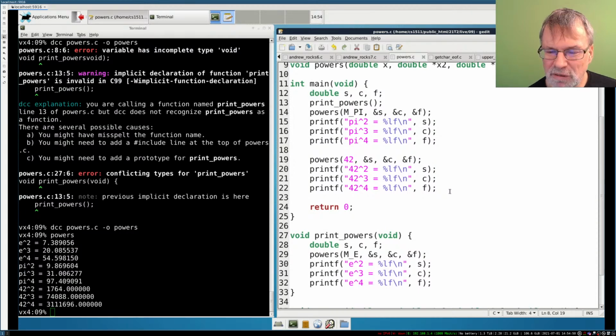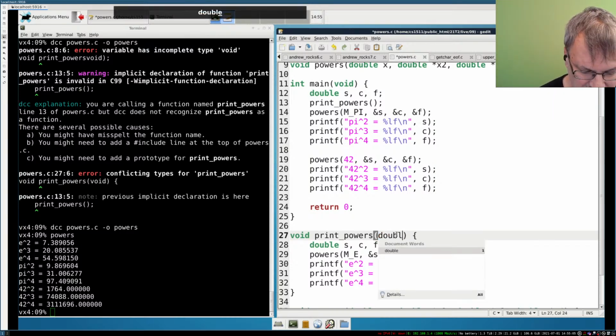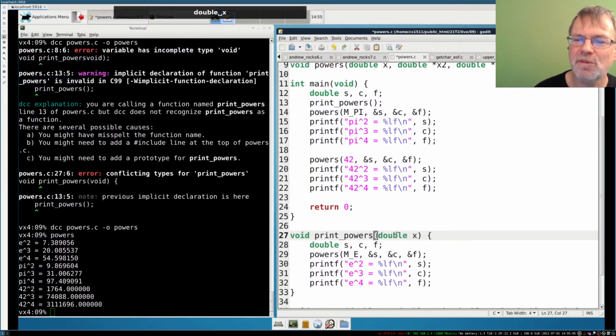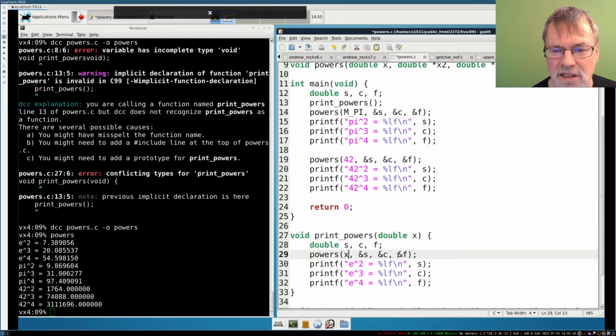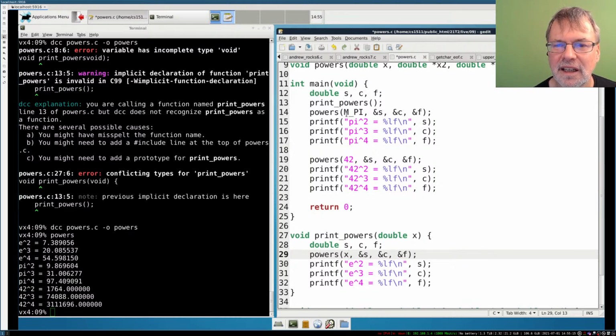We've moved the code to print off E into a separate function. This function always prints off the powers of E, so we'd like it to print off the powers of anything and then use it for all three cases. So we'll have it pass in X, work out the powers of X, and then print them out. And then my plan is to call the function 3 times to print the powers for pi,